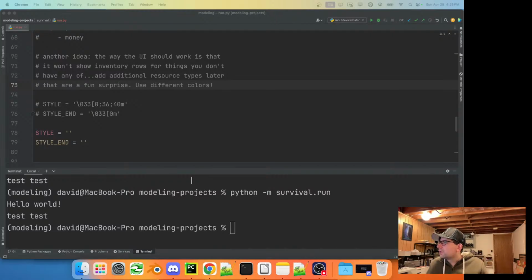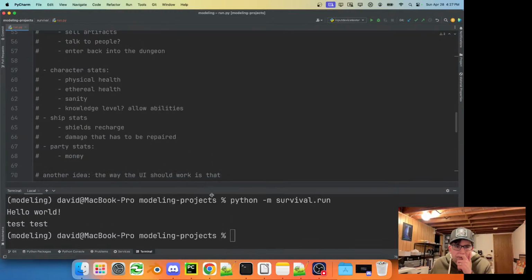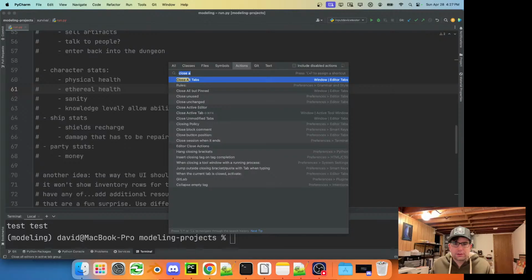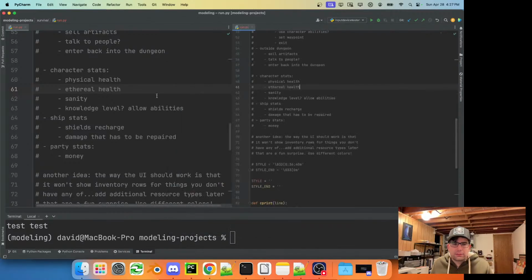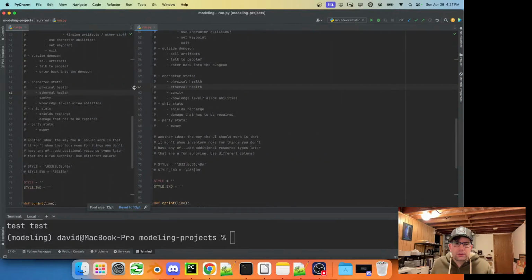Okay, so let's get started. Now that we have a good starting point here, let's actually start writing some of this up in code.